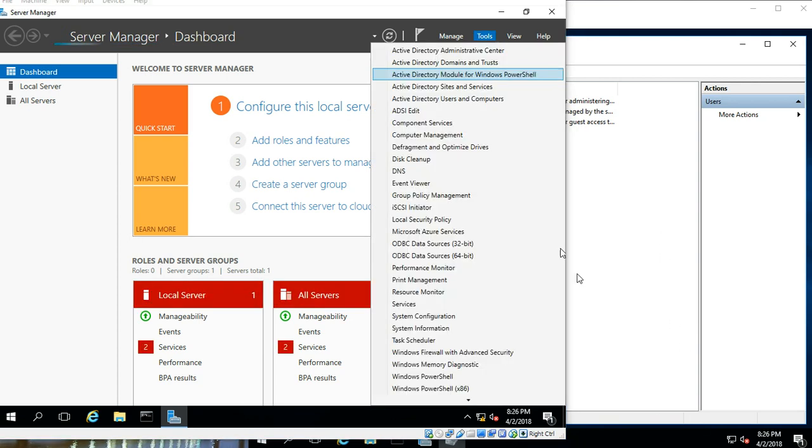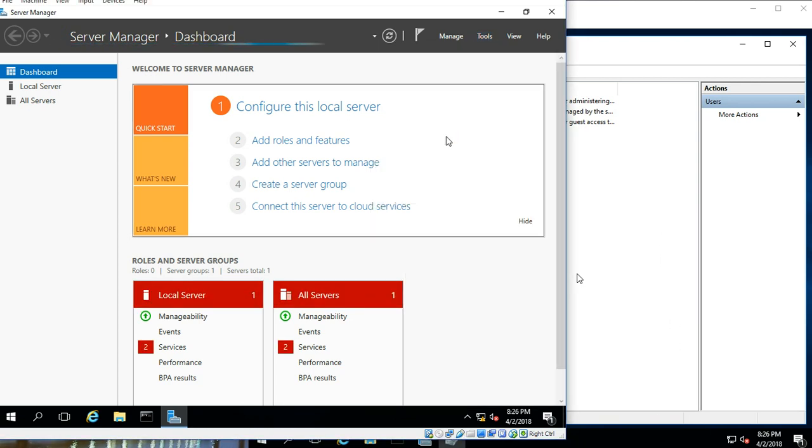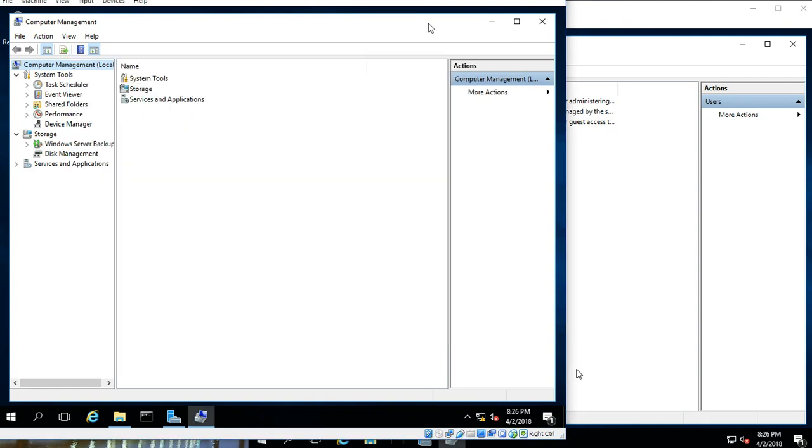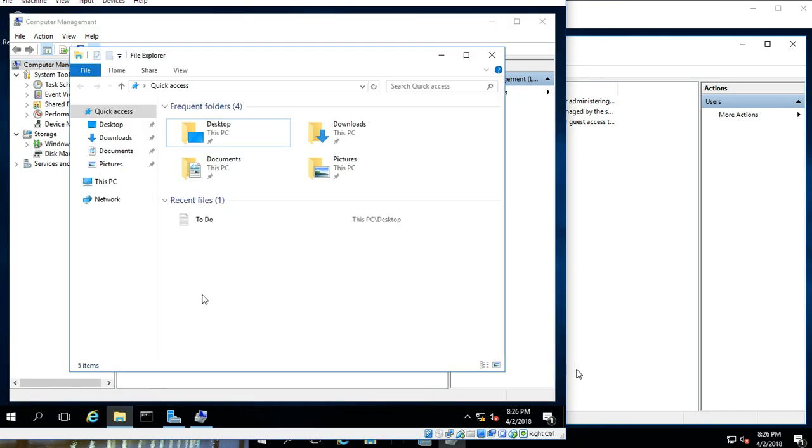Still loading. Okay, so here we can see in the same management console there is no local users and computers because that feature has been removed. There is no local user account on the domain controller, with the exception of when you